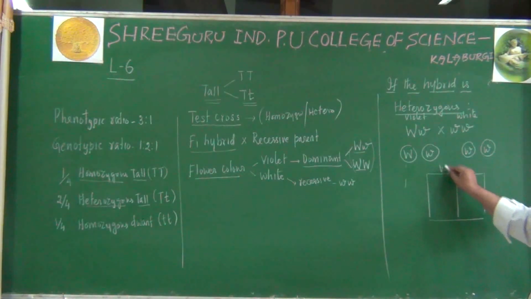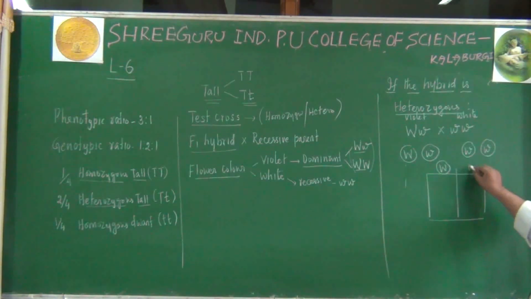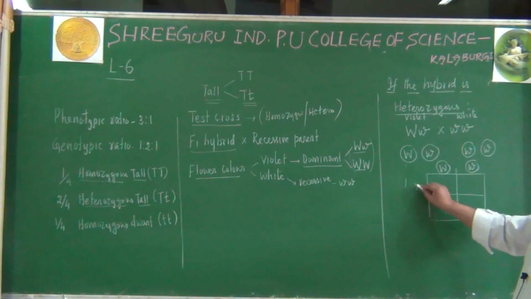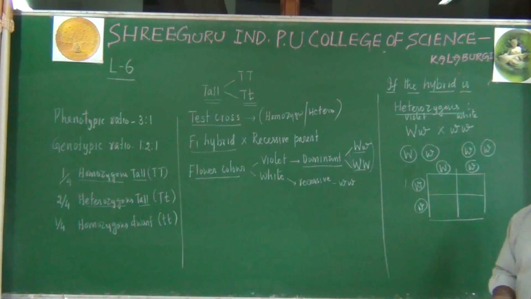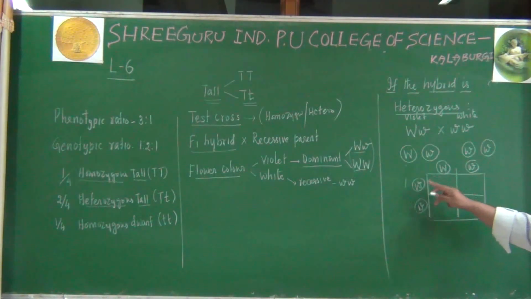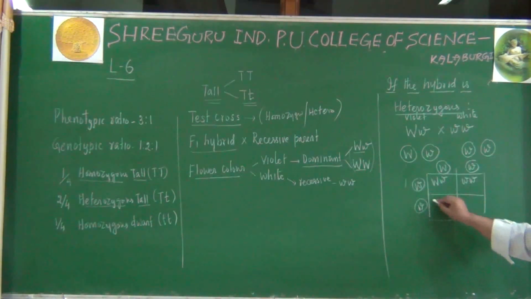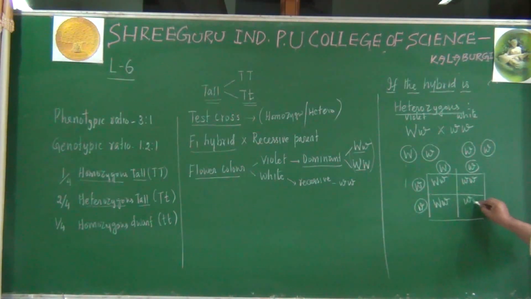And here you can take one male gamete, another male gamete. Here these two gametes I am taking here. This side, in the row, in this one column, we are taking small w like this. Now you see, if this gamete fuses with this one, the resulting individual will be capital W, small w. If these two are fusing, small w, small w. If these two are fusing, capital W, small w, here small w, small w.